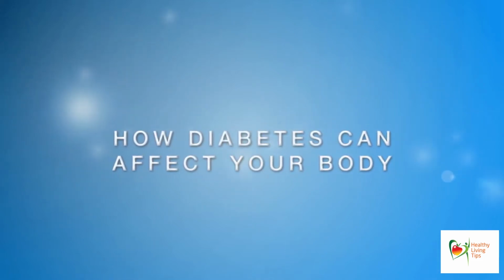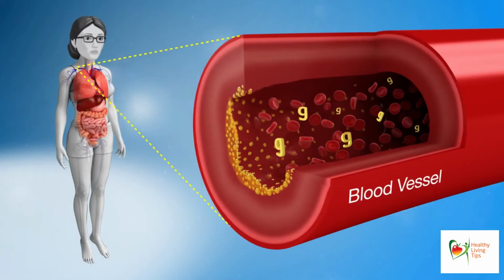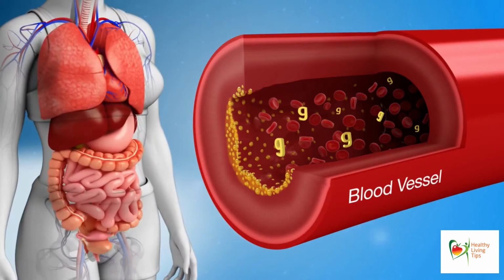Diabetes occurs when there is too much glucose in the blood. If diabetes is not managed, high blood glucose levels and other risk factors can lead to blood vessel and nerve damage. This can lead to the development of diabetes-related complications, affecting nearly every organ in the body. This program will explain the development of blood vessel and nerve damage and what you can do to prevent the development and progression of diabetes complications.